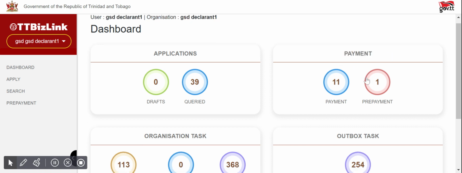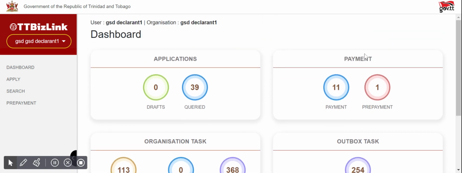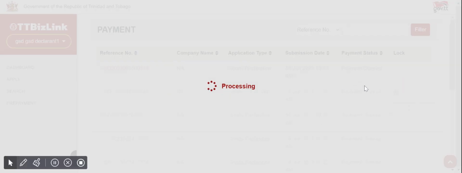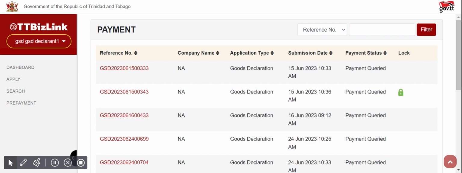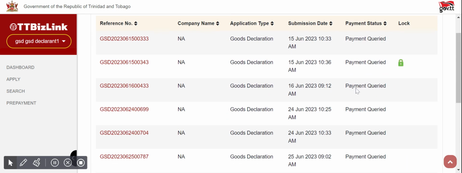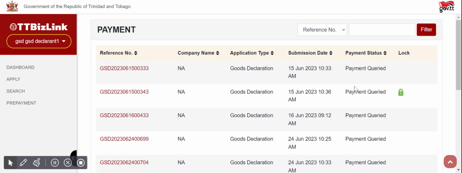The payment bucket under the payment card has all applications or declarations that require a payment to be made for the application to continue processing. So you would find applications that are pending payments for PNL services, for certificate of origin services, for work permit. You would find declarations that are pending fee, and you would find both declarations and applications that are payment queried. That means that you would have submitted an offline payment to the agency, but the agency has a